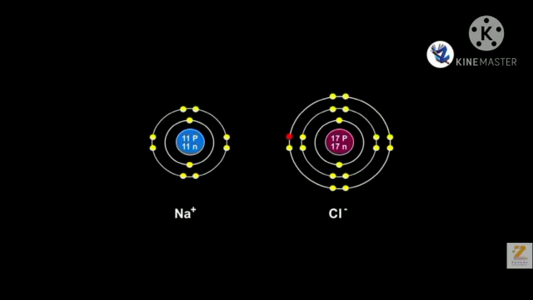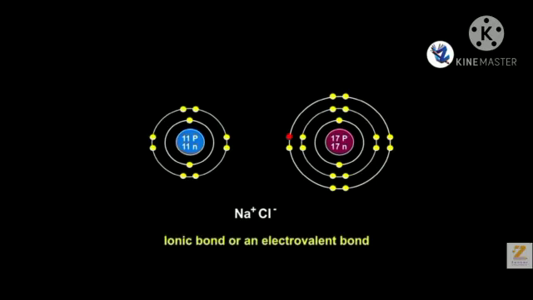Due to the electrostatic force of attraction between opposite charges, the oppositely charged ions get attracted to each other and a chemical bond is formed between them. Such a type of chemical bond is called an ionic bond or an electrovalent bond, and the compound formed is an ionic compound. One ionic bond is formed due to the electrical charge +1 or -1 on an ion. An ion forms the same number of ionic bonds as its valency.